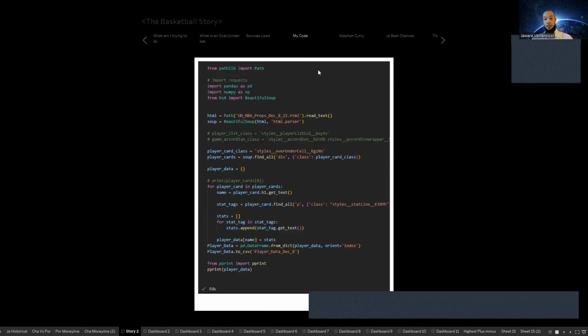Now, my next slide is a picture of my code. So this code is what I use to scrape the data from underdog.com to get their prop values, because I needed their prop values as a reference number. As you can see, I used the Beautiful Soup library, which is the same normal library used to scrape everything, but I had to do things in a unique way because of the way the website was set up.